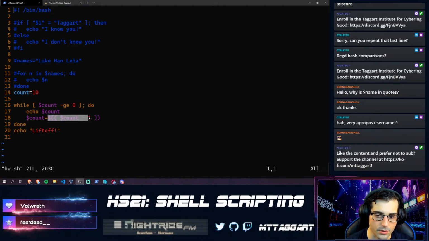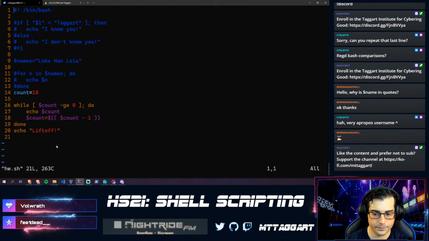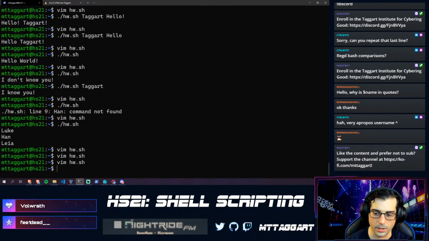The double parentheses are a little bit interesting. We're basically saying this internal parentheses is about doing mathematical expressions rather than text expressions. That's part 1. And then the second part is we're doing a substitution of the operation into the result. If that wasn't clear, please let me know. I will go through it again.